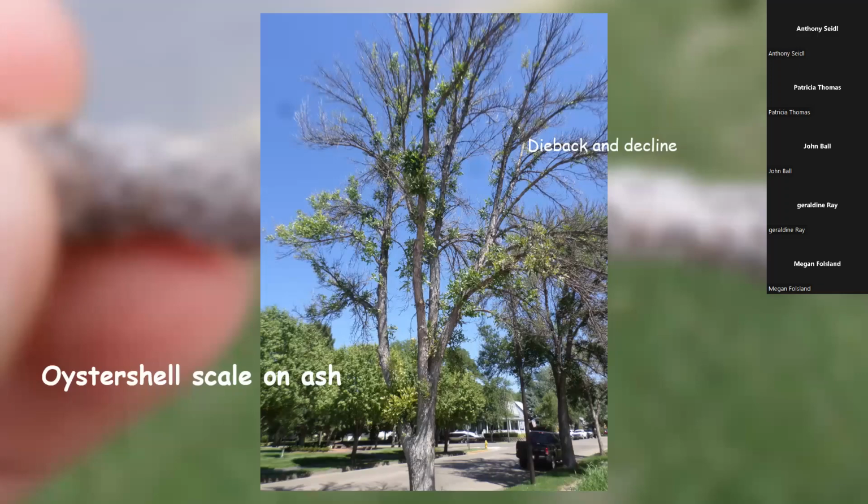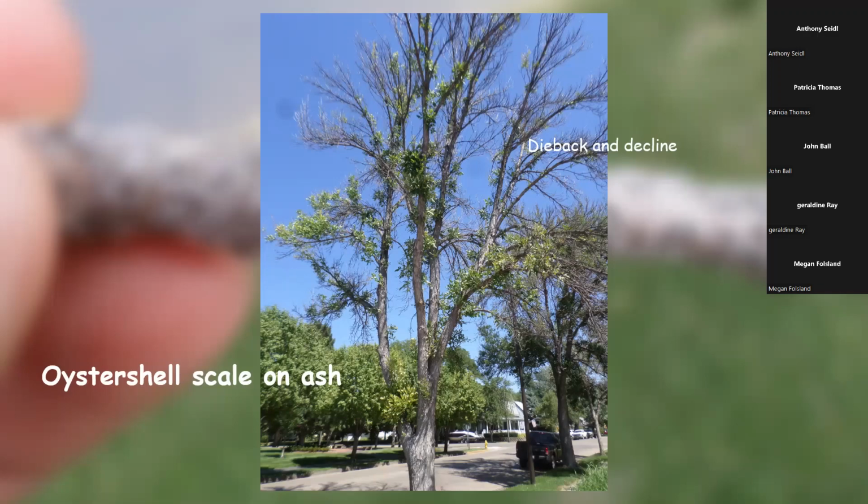So it was not sticky beneath the tree. It was not sticky on the sidewalk or that. But we were getting all this dieback. And of course, the call that I received was, oh my goodness, are we seeing emerald ash borer in Pierre? And no, in fact, we have not confirmed it in Pierre yet. But nevertheless, they were having a major outbreak of oyster shell scale. And it was so thick on those twigs and branches that you could barely see any bark. They were literally almost over top of one another.